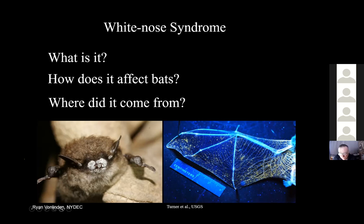Where did PD come from? It's native to Europe. In fact, it's in all the caves there, and the bats coexist with it. So there is hope, and there is starting to be some evidence now that the disease has started to slow, and the bats, the 10% that did make it through the initial infection and death rate, have started to have some level of resistance, and the breeding and reproduction and replacement of those bats is coming back a little bit